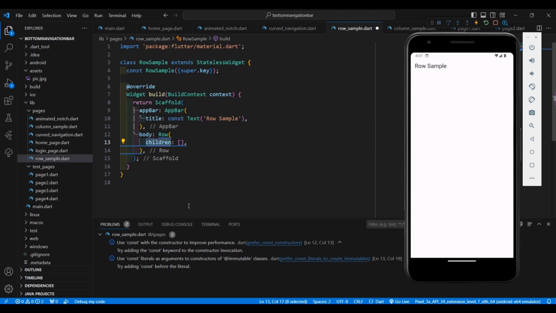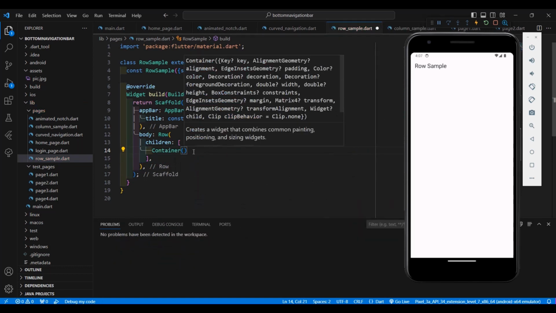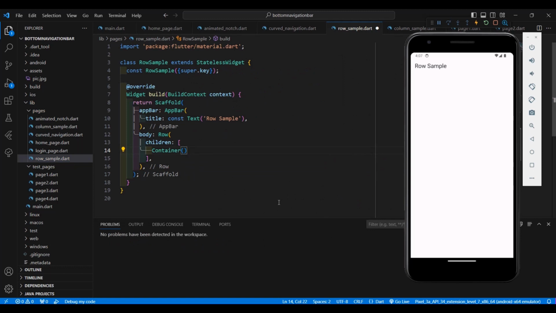But if it has a property of child, you can only add one widget under that widget. So we'll just move the closing square bracket below. And in here, for example, we want to place a container. So we're going to use a Container widget here. Don't forget to place a comma